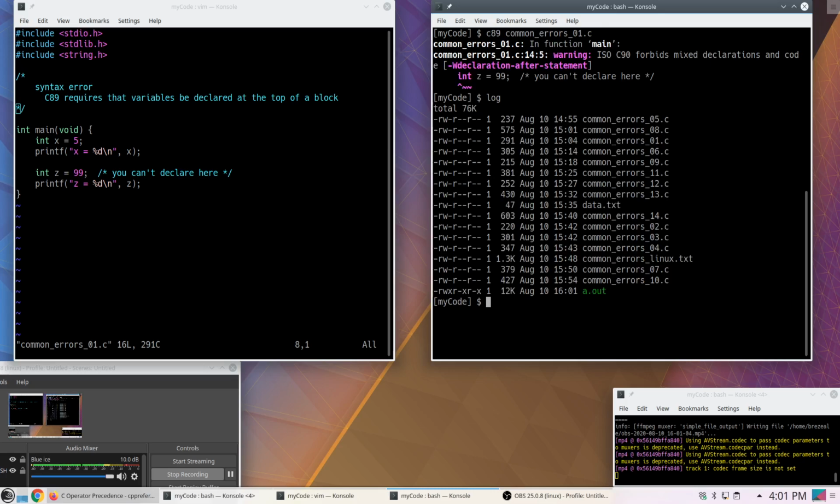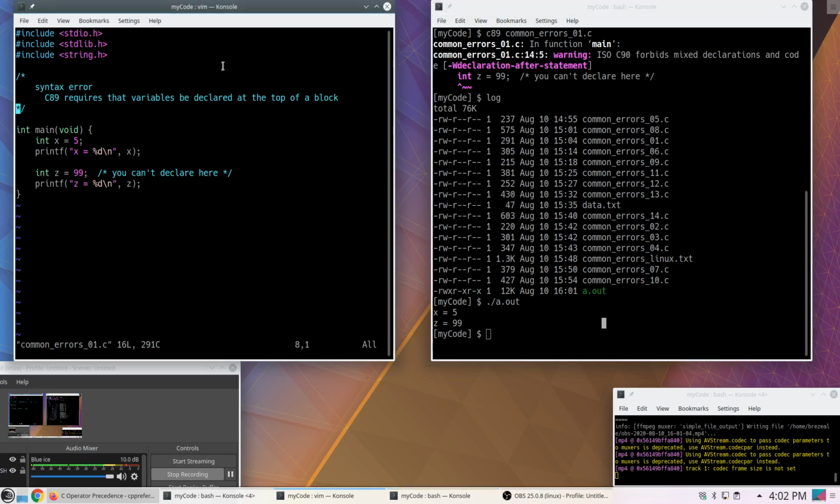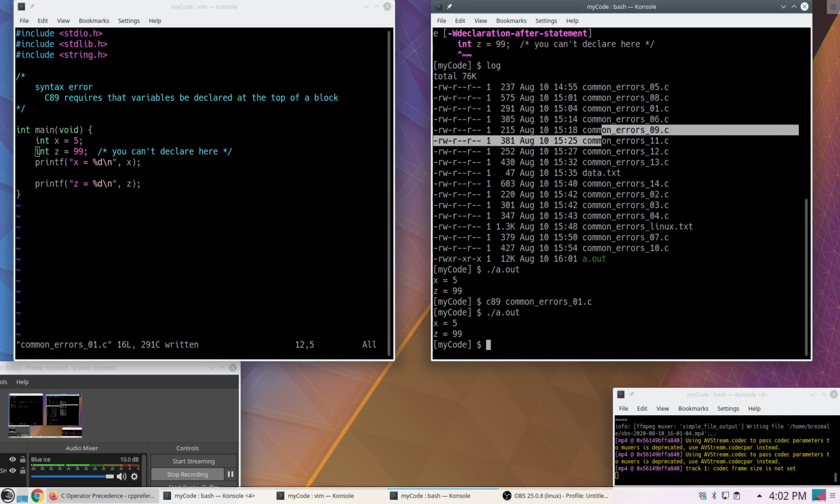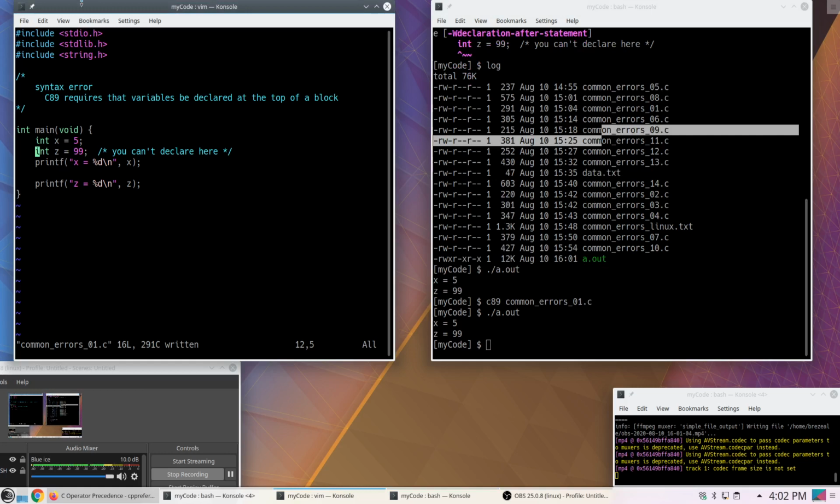So if I were to look, it did compile, and it did run and do what I wanted, but the warning says ISO C90 forbids mixed declarations and code. In C89, which is equivalent to this C90, variables must be declared at the top of a block. So that means this really needs to be here. And so now when I try to compile, it compiles without any warnings. Right? So just remember, declare the variables at the top of the block if you're compiling using C89,